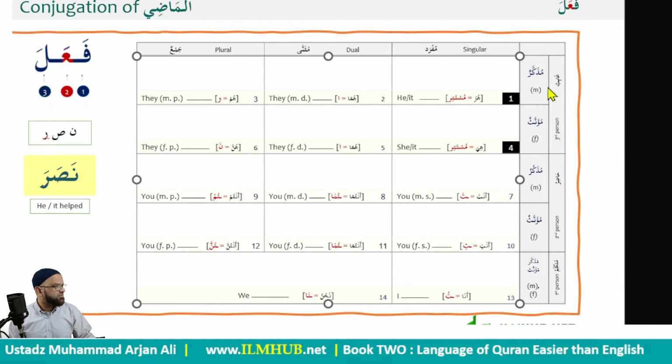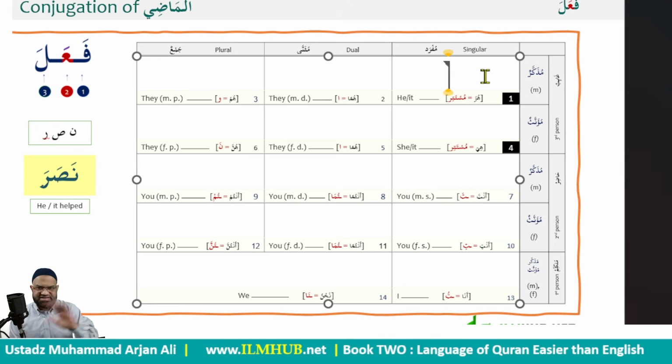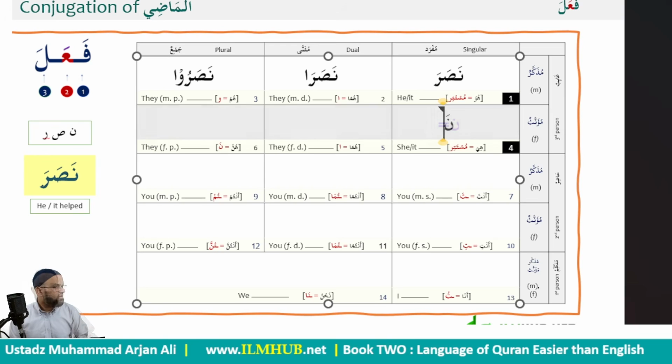So now we have another verb that we're going to conjugate, just to show you that it's exactly the same steps. So instead of fa, ta, ha, we have noon, sad, and ra. Nasara, nasara. So how are we going to do that one? First is nasara, nasara. Huma version will be nasara with the alif at the end. Hum version, nasaru, and alif at the end. You can see that for protection. Exactly what we did in the previous one. What should this one be? Try and guess before I write it. Nasara.